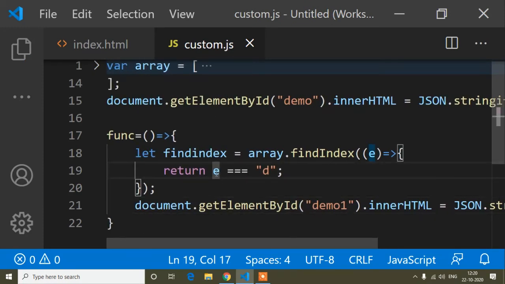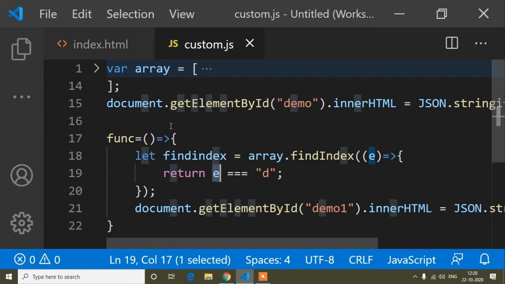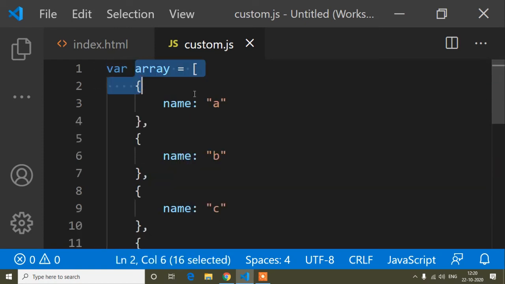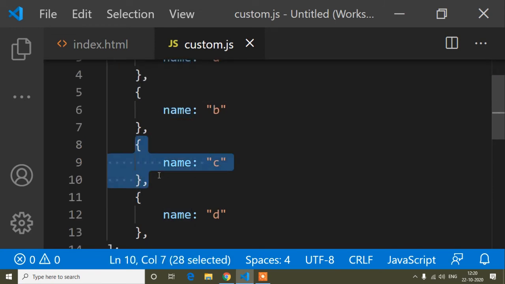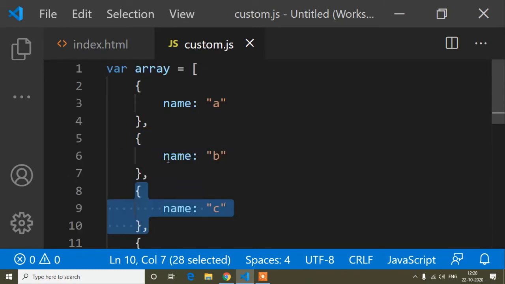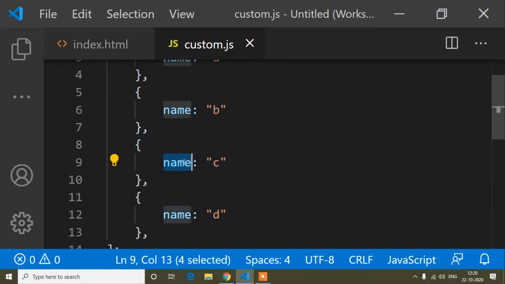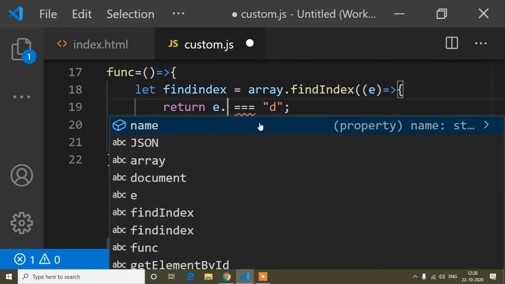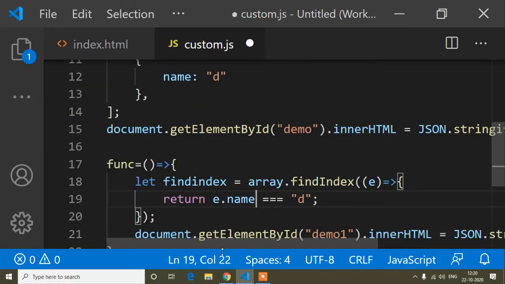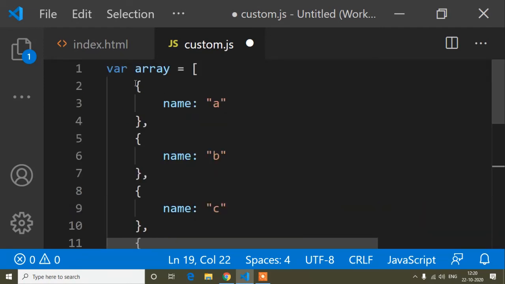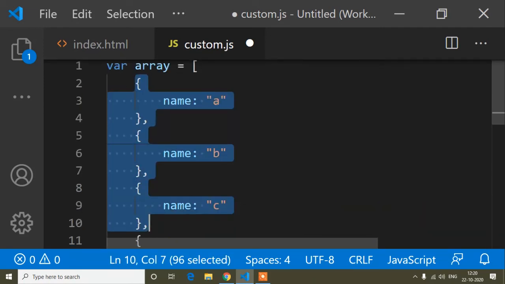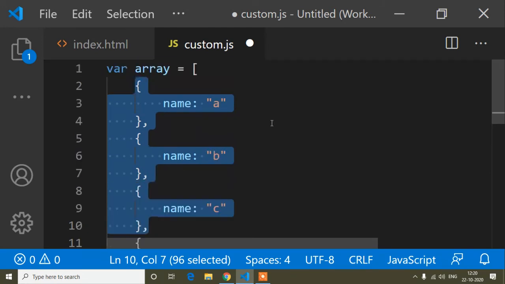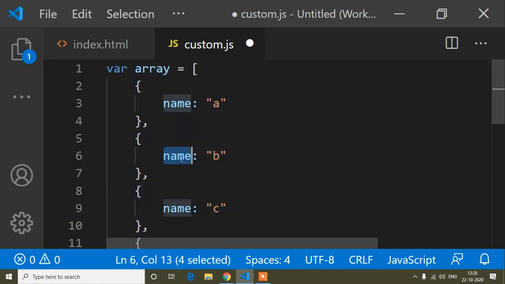So now E is denoting this array, and now I want to show the position of this second, suppose, object. So here the property is name, so I have to write E dot name, because E is denoting all the objects, and I want to get the position of this name.